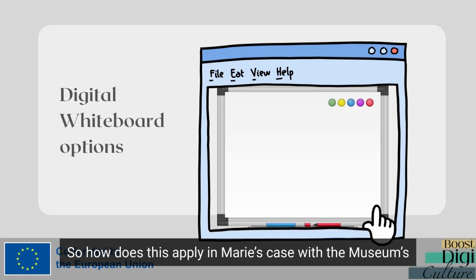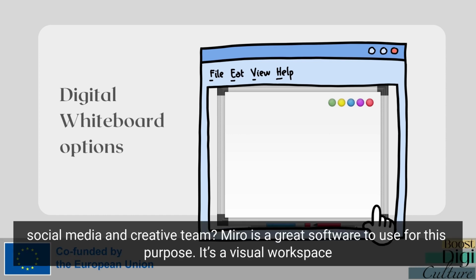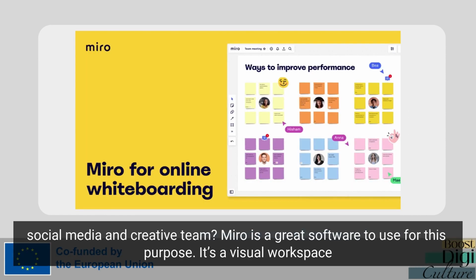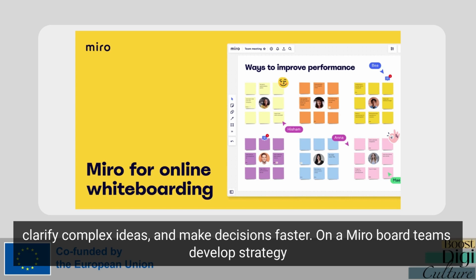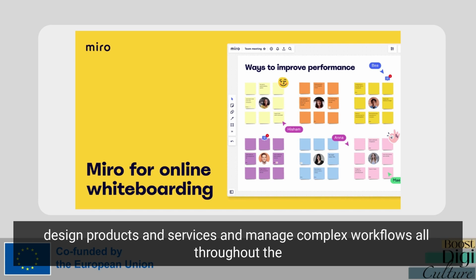So how does this apply in Marie's case with the museum's social media and creative team? Miro is a great software to use for this purpose. It's a visual workspace for innovation that enables teams to come together to synthesize information, clarify complex ideas, and make decisions faster. On a Miro board, teams develop strategy, design products and services, and manage complex workflows all throughout the